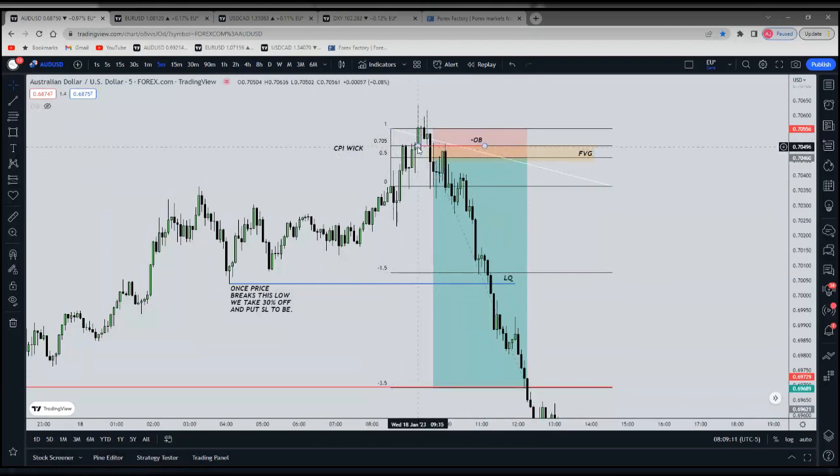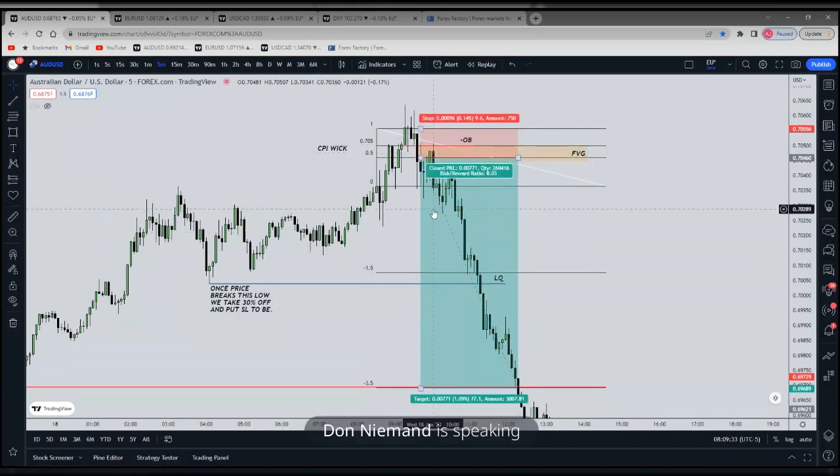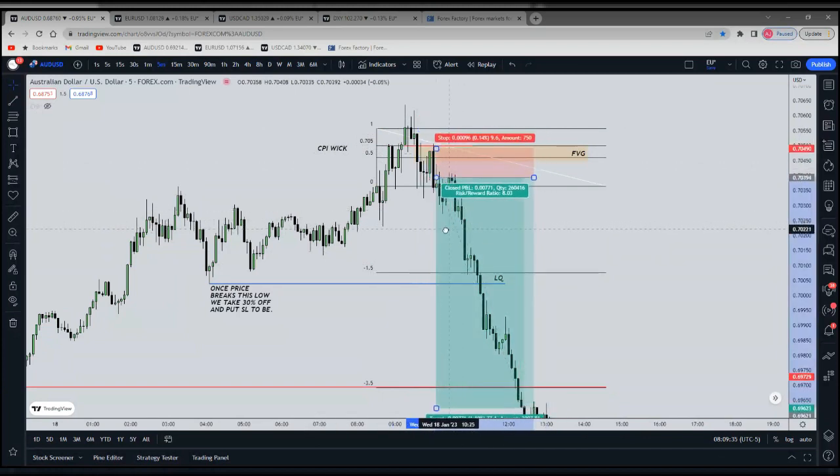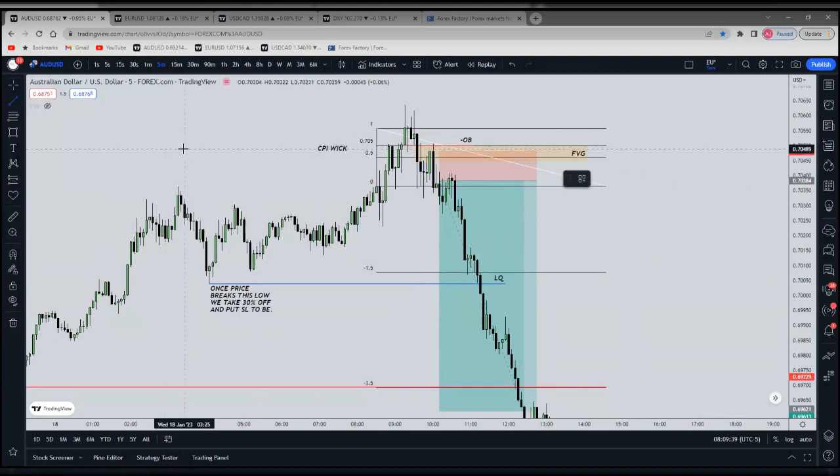mitigating the order block. Yes, exactly. So this was my confirmation for entry. And if you're still not confident enough to enter on the first touch of the order block, you can wait for the reaction of price. BOS, yes, exactly. So there was another breaking market structure, and there was another order block also created. So this could have also been an entry